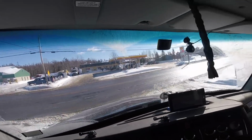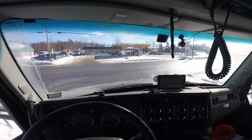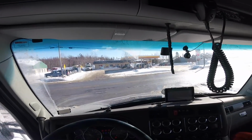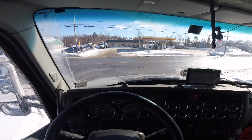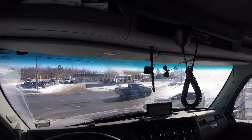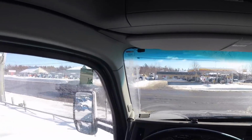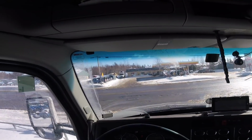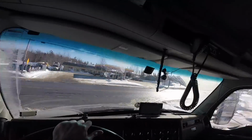Alright, let's go. I will show you guys a little bit of driving. But this thing is only 12,000 pounds. One of the reasons why I decided to go on such a long deadhead. From here to my yard in Cambridge, it's about 730 miles. But it pays good, and it's either that or sitting at home doing nothing. I just got tired of looking for a load. This one pays okay and goes into a good area in Maryland,